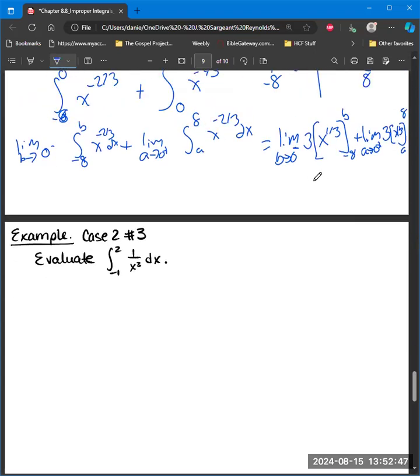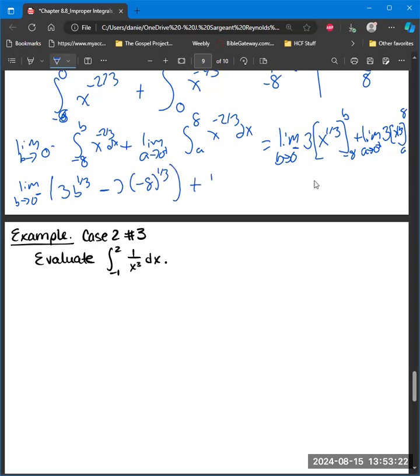So this is limit as b approaches 0 from the left of 3b to the 1/3 minus 3 times -8 to the 1/3